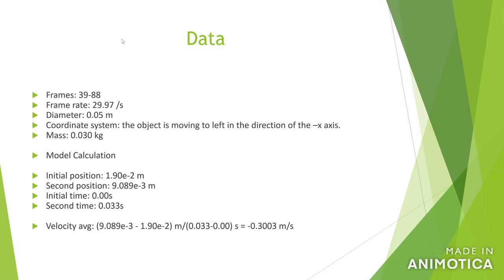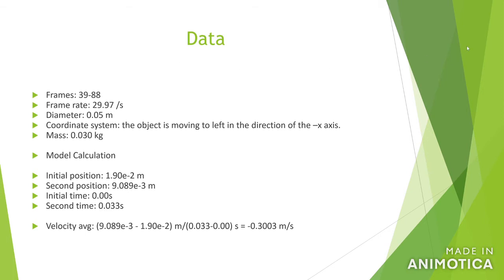Next, I wanted to show you some raw data from my experiment. I gathered this data using a program called Tracker. Using Tracker, I calculated the object's time and position during each frame of the video. All length calculations were made relative to the diameter of the object, which measured 0.05 meters, and were all taken from the origin of the coordinate axis, which I placed in the center of the object during the first frame